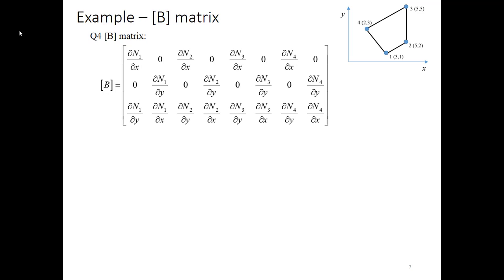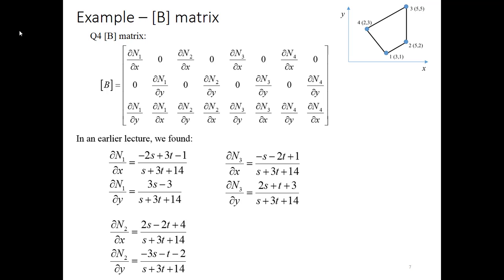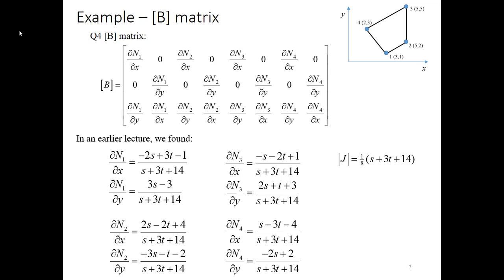Now we did that all in a previous video. In that video, we found the partial derivatives of shape function 1 with respect to x and y as shown, and likewise for shape functions 2, 3, and 4. In addition, in that process, we also had to find what the determinant of the Jacobian was. So what we want to do is use all of this information from the prior video to find k using,